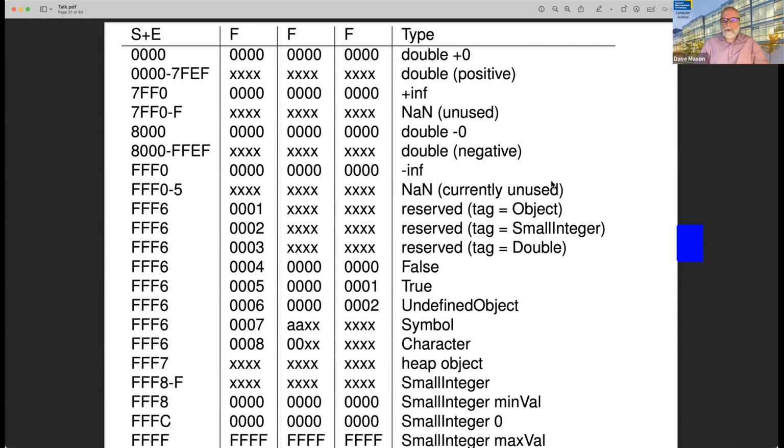I won't go through this in any great detail, but everything below FFFFF0, up to negative infinity, is considered a double precision floating point value. There's no encoding on those. Basically anything that in an unsigned compare is less than or equal to minus infinity is a double precision floating point. Similarly, anything that is greater than or equal to FFF8